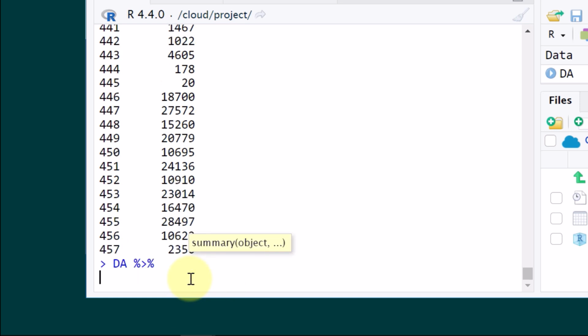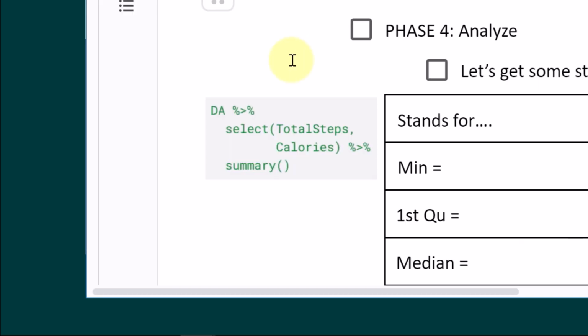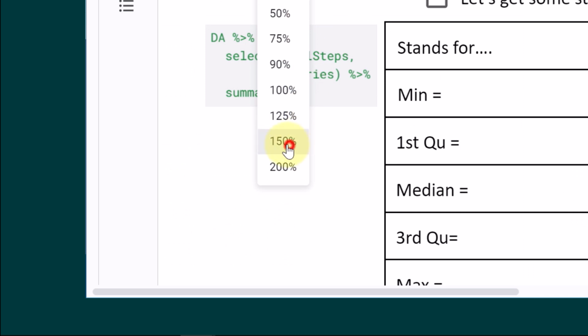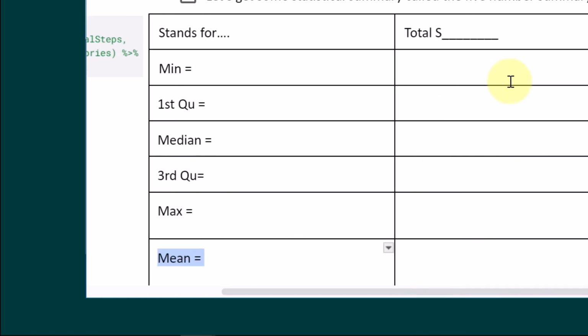Okay, if you do that, it's going to give you a min, first Q, median, mean, third Q, and max. Okay? Now, I did recognize that I missed a row for what word? I don't have mean, so you can just write mean on the bottom of your list. Go ahead and copy these numbers in. And then with your partner, this is a review from like 6th grade, 8th grade, maybe 9th grade. What does the min, what do these stand for? Okay, so let me give you guys 3 minutes work time.